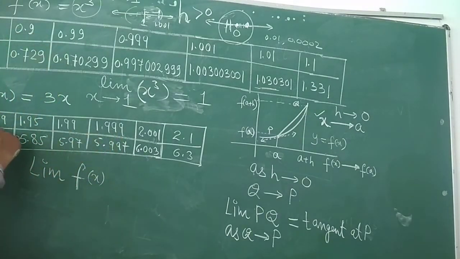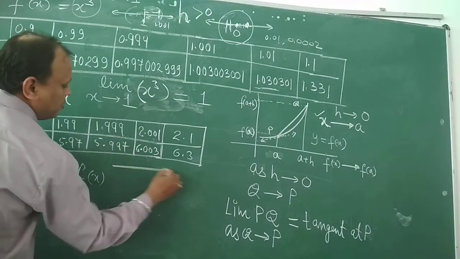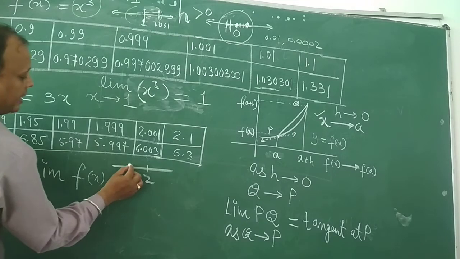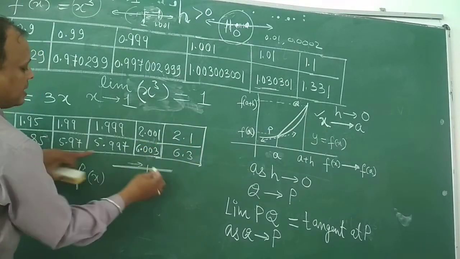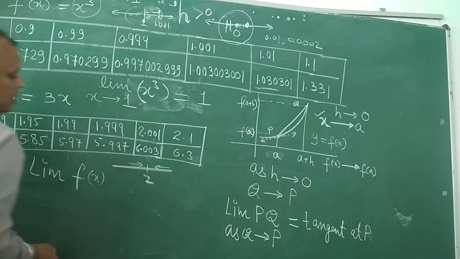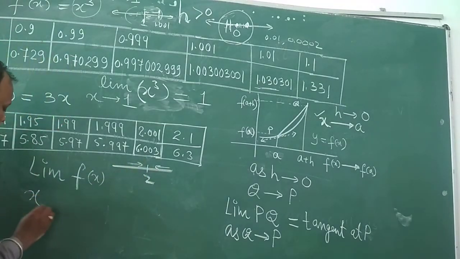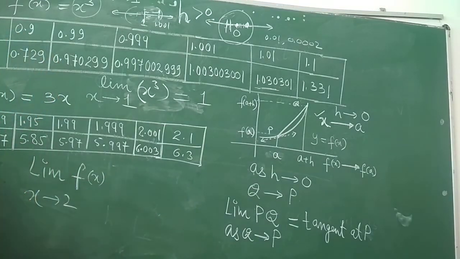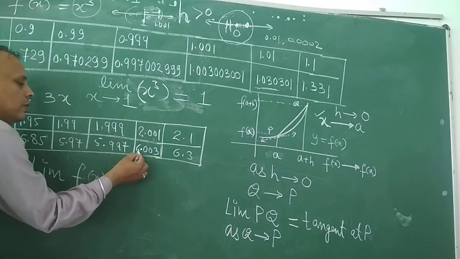Here we can see that gradually we are approaching. We can draw a neighborhood. From the left hand side the value of x is tending to 2, and from the right hand side also the value of x is nearer and nearer to 2. So as x tends to 2, this table illustrates that the value of f of x, which is thrice the value of x, is approaching 6.